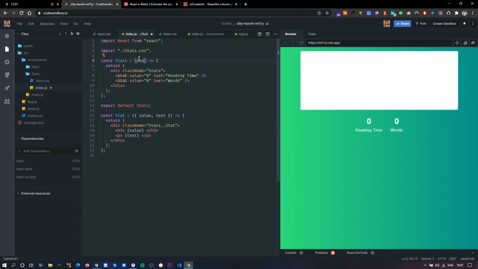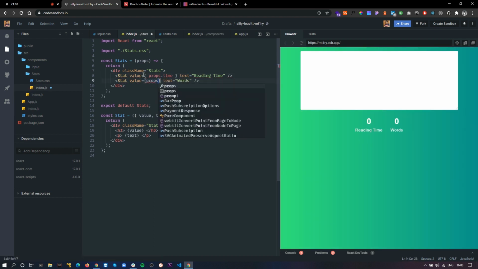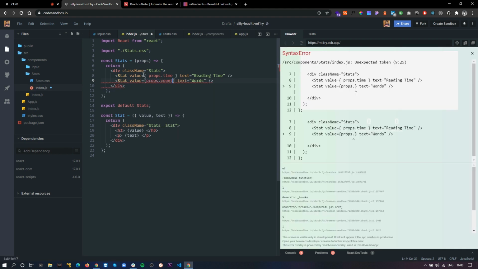You get props something like this. It's a parameter that is passed to this functional component, and if you want to render something, you can do props dot time, and you can do props dot count.